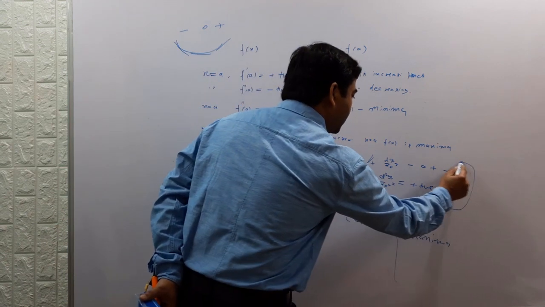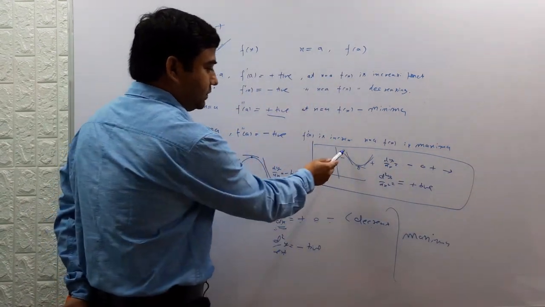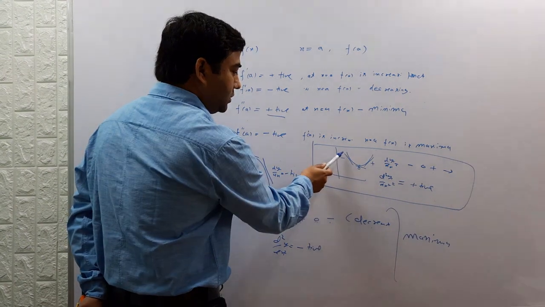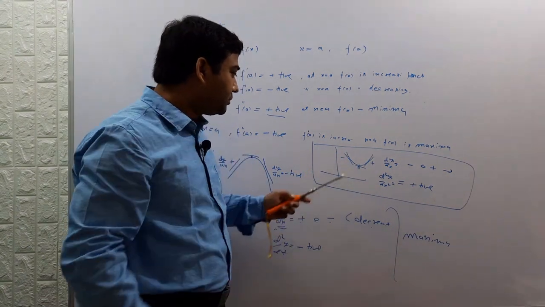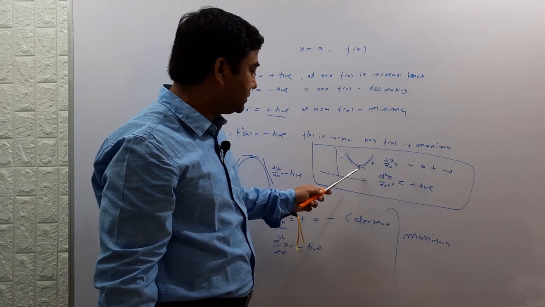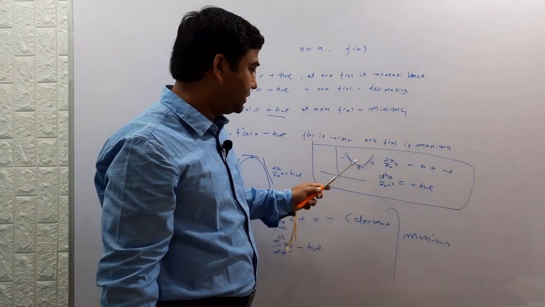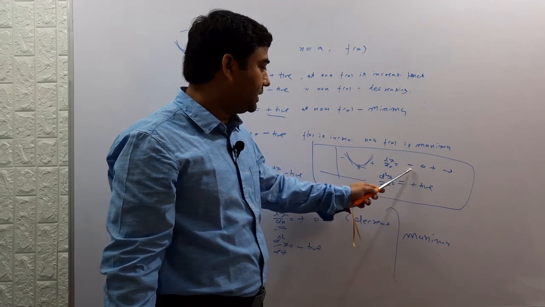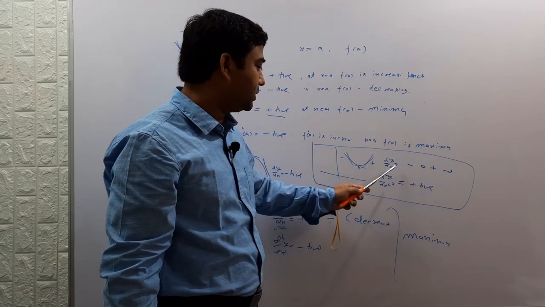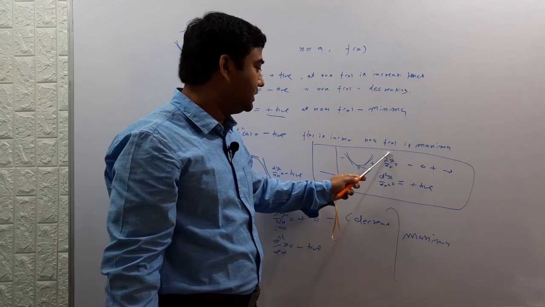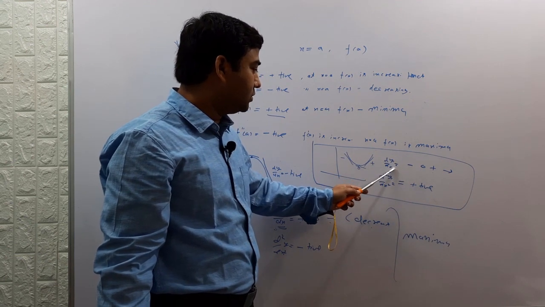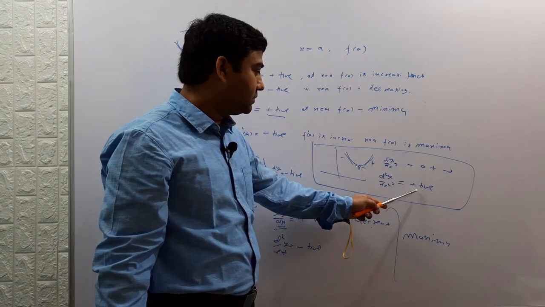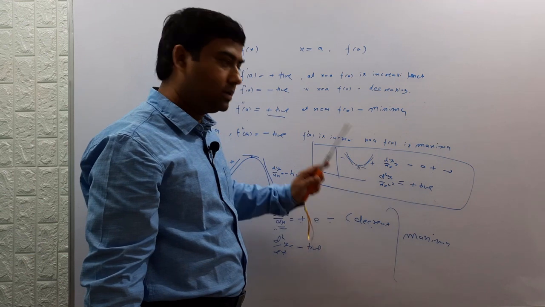So hence its own derivative will be positive. So for this case, this function has a minima at this point, and the derivative goes minus, 0, plus. The derivative sign changes from minus, 0, plus. That means the derivative value is increasing near this turning point, hence the derivative is an increasing function. That means its further derivative will be positive. So d2y over dx square is positive for a minima.